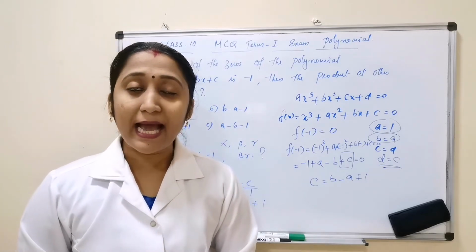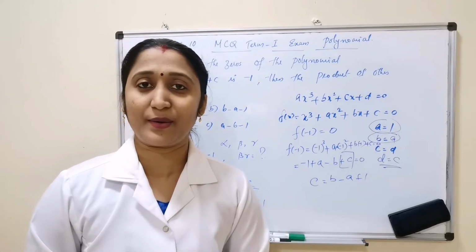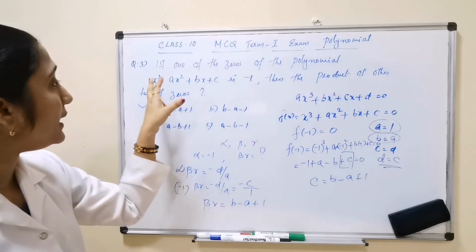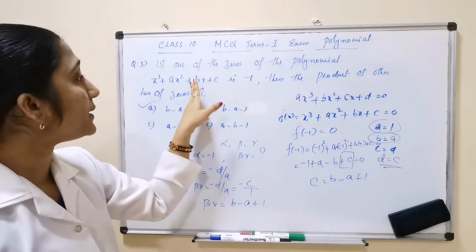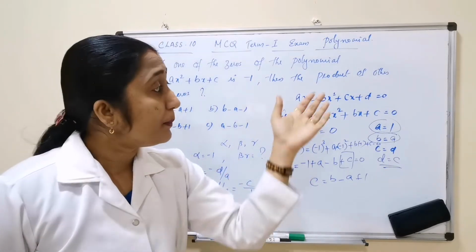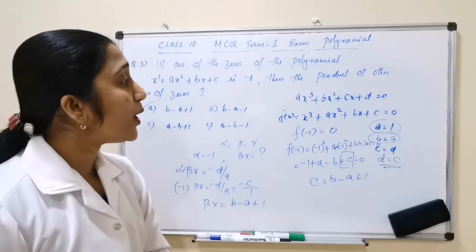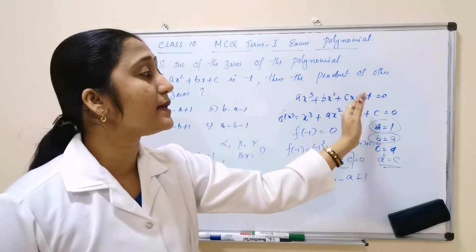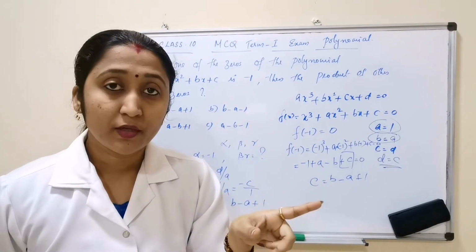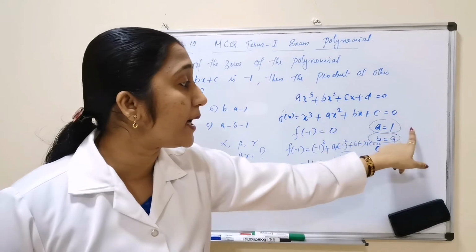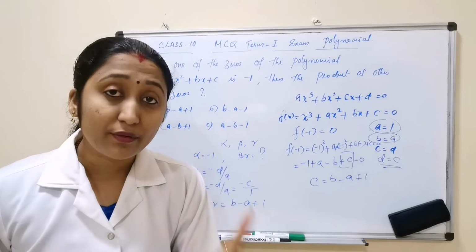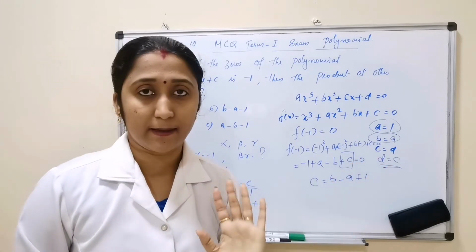Is it clear about this? I will explain once more. It is difficult. Okay, so the polynomial x cube plus ax square plus bx plus c is different from the standard polynomial. The standard polynomial is ax cube plus bx square plus cx plus d. But here the coefficient of x cube is 1. So please note that a equal to 1, b is the coefficient of x square, c is the coefficient of x, and the constant term d is c.